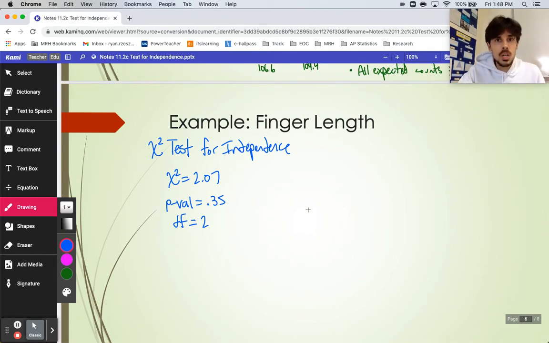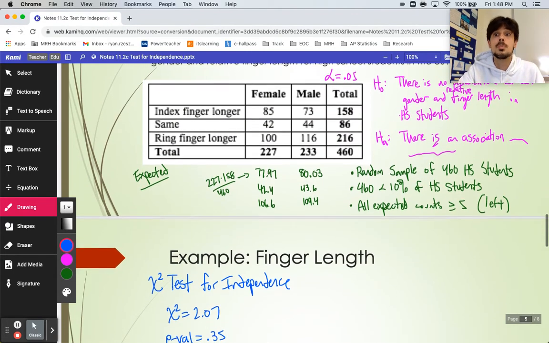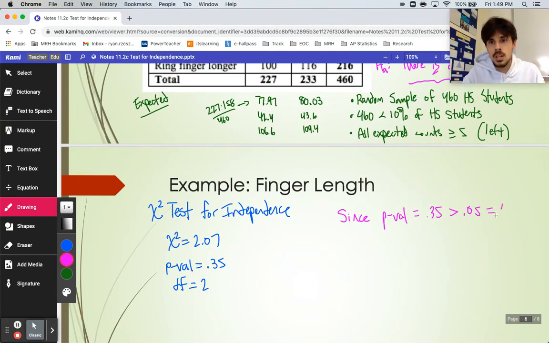So anyway, if you look at this right here, I think this is the first video in this chapter where it has not been convincing. I don't want to make you think it's always convincing evidence. In fact, it's, in my opinion, a little hard to get the evidence to be convincing for chi-square problems. And certainly there were some differences in these groups, but the differences weren't big enough for us to be blown away by it. So on this problem then, we would want to fail to reject H0. So since our p-value is way too big, it is far over our alpha, we're going to end up failing to reject